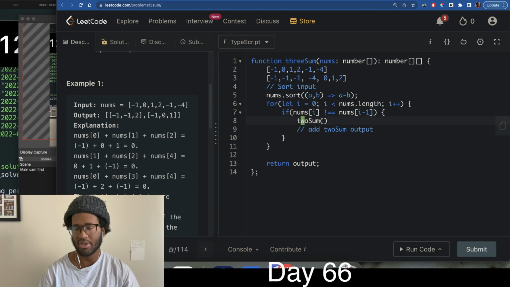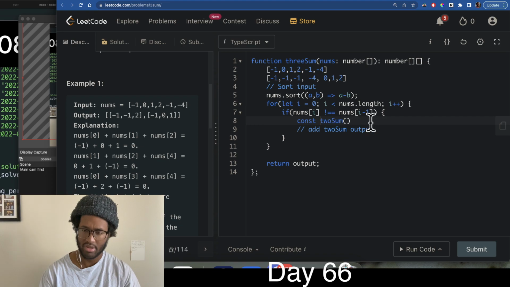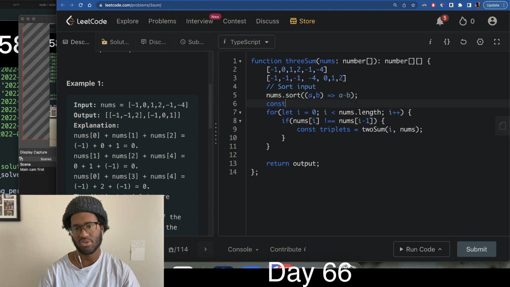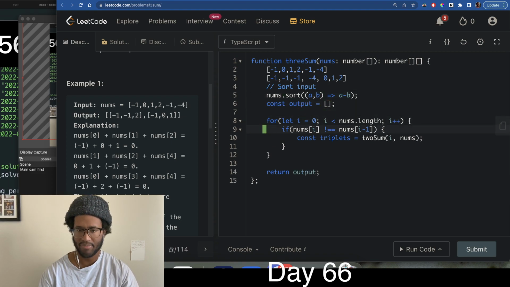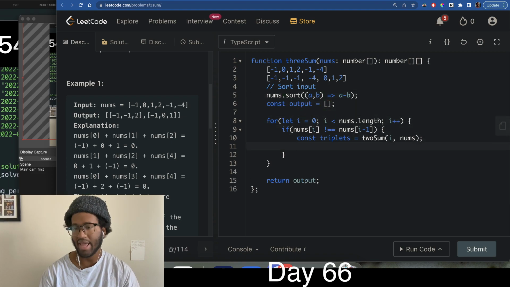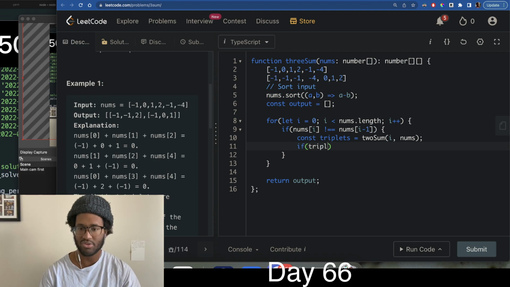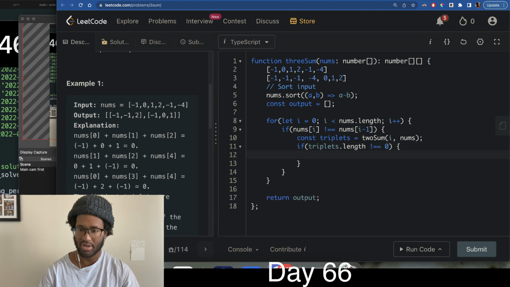Then we're going to make sure that triplets is equal to two-sum. We're probably going to need a source index to start, and access to the nums array, and then we're also going to have this output array. We don't want to add empty triplets, because there are scenarios where there are no triplets. So we'll say if triplets.length does not equal 0, then we'll do output.push